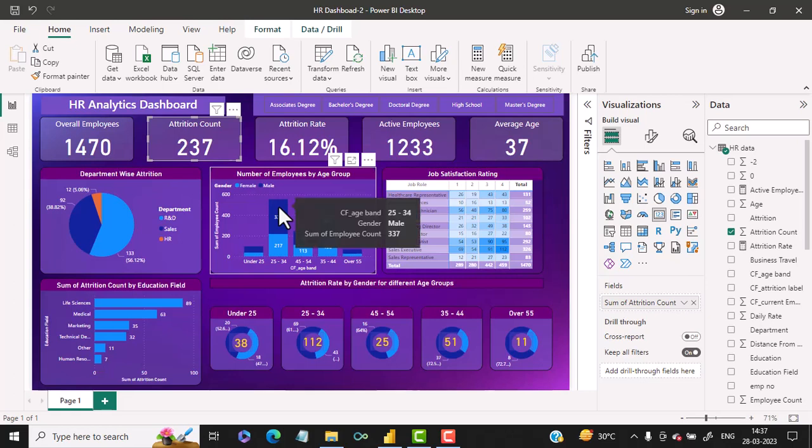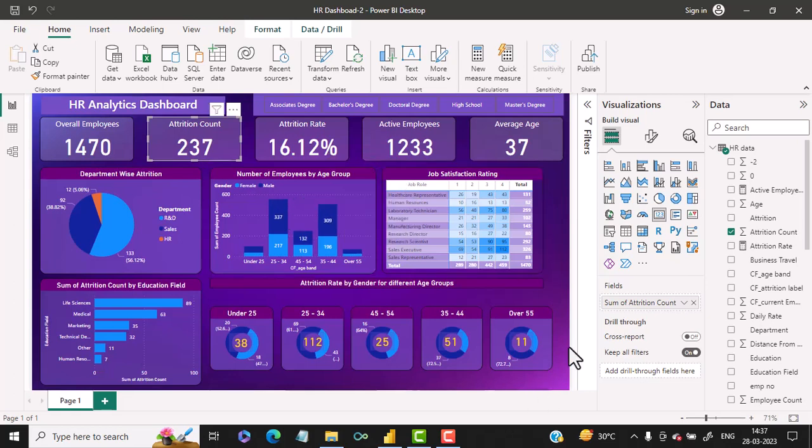Hi friends, in this lecture we will study how to create this beautiful HR analytics dashboard. Now this dashboard will help the company get some real insightful information about its employees. So here you can see we have some information like total number of employees in the company, total number of employees who have attrited, means left the company, what is the attrition rate, how many employees are existing right now